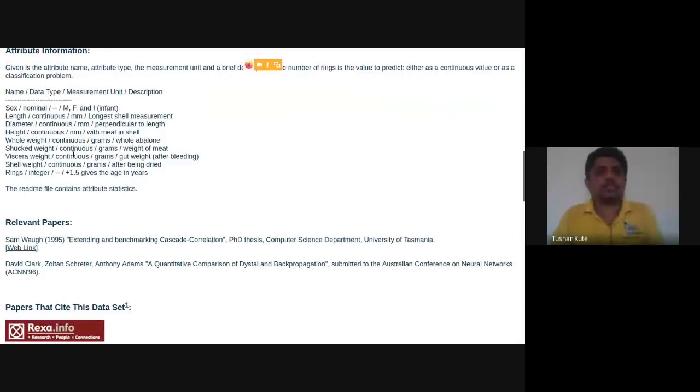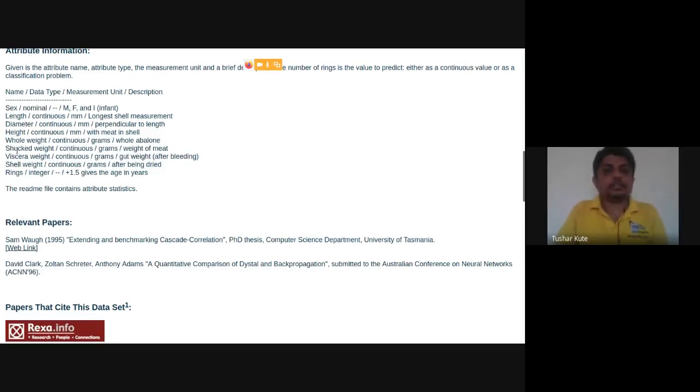They are mentioned here. Your practical also mentions them. First parameter is sex. Second is length, diameter, height, whole weight, shucked weight, viscera weight, shell weight, rings. So let's use all of these.